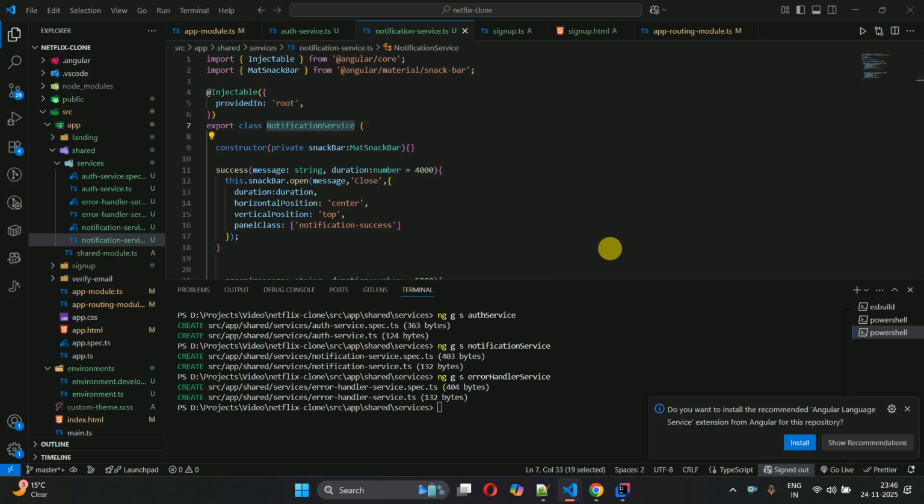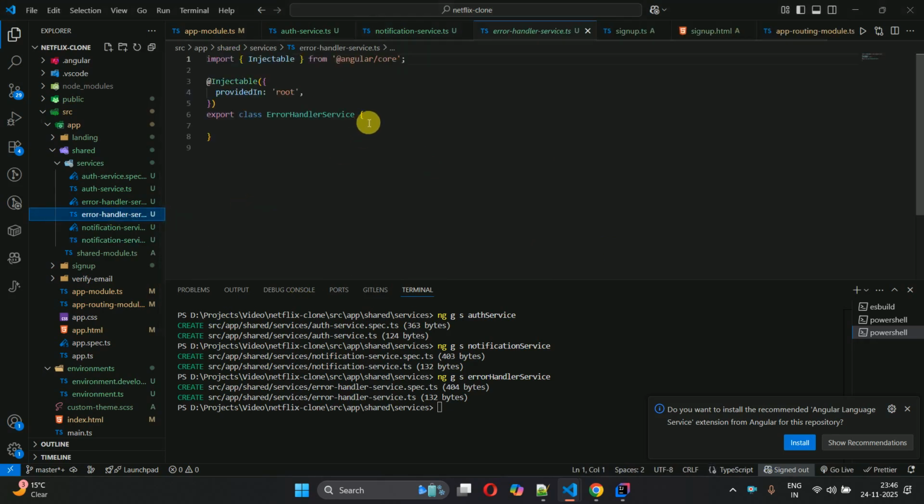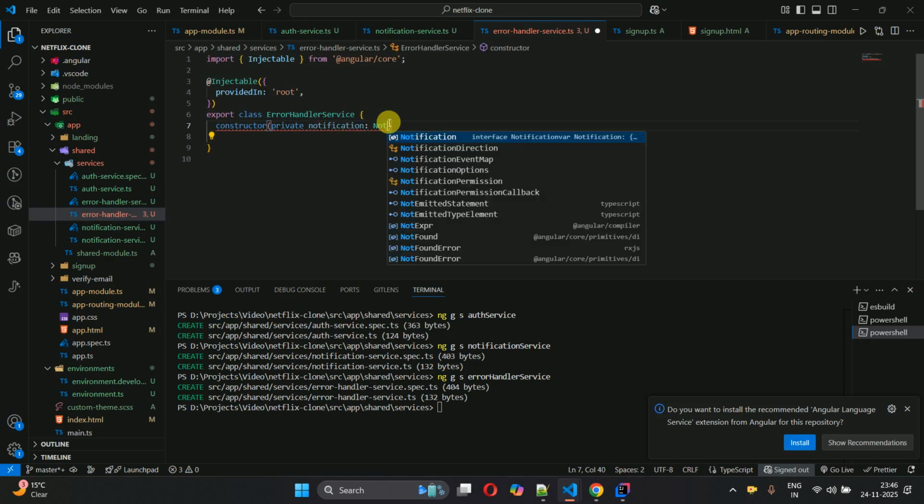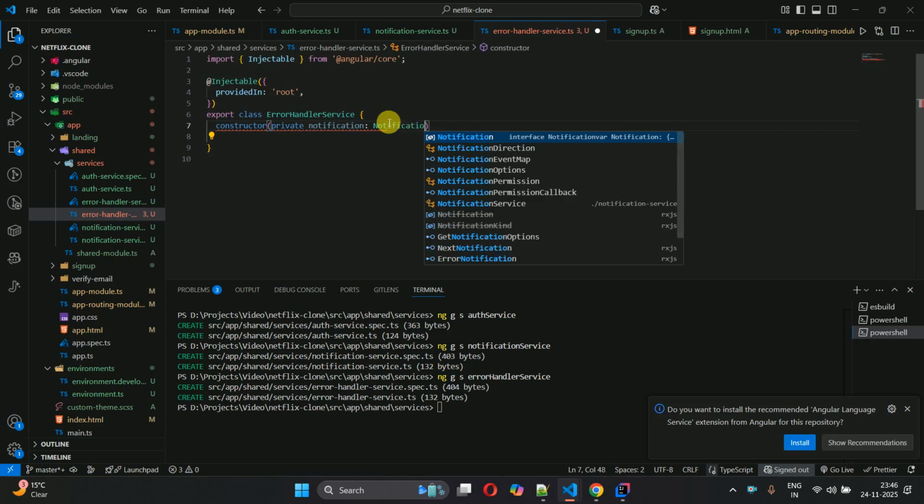Now we have to move to the error handle service. So basically whenever any API call happens, the API might throw an error, right? To handle that or show a proper message, we are creating this service. This will be used in most of the components. So private notification, and this one, notification service, this one,